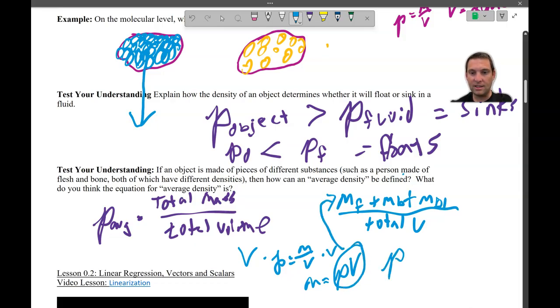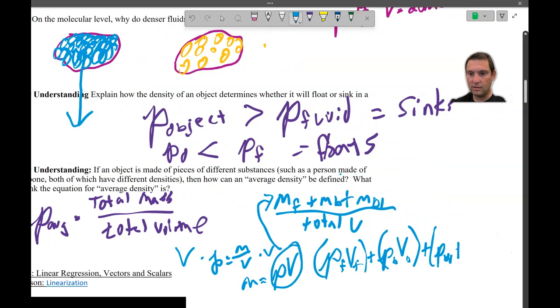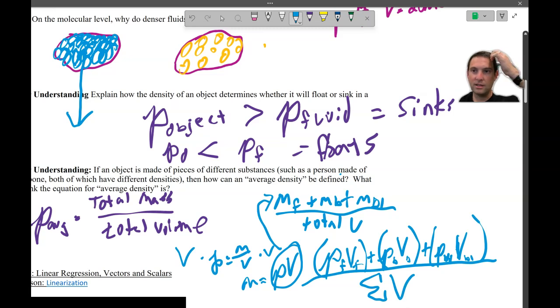So I could say the density of the flesh times the volume of the flesh, plus the density of my bone times the volume of my bone, plus the density of my blood times the volume of blood, divided by my total volume. That funny looking letter there is my attempt at a Greek letter, capital sigma, meaning sum of, adding up all